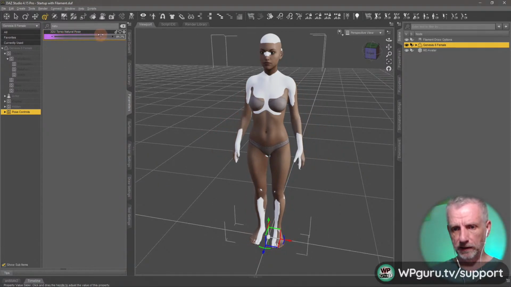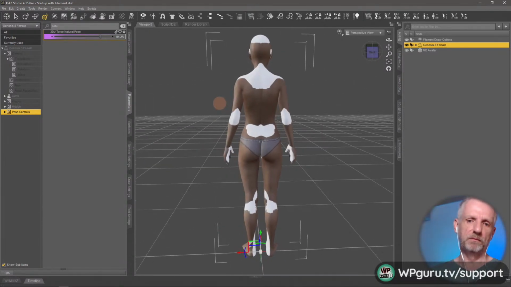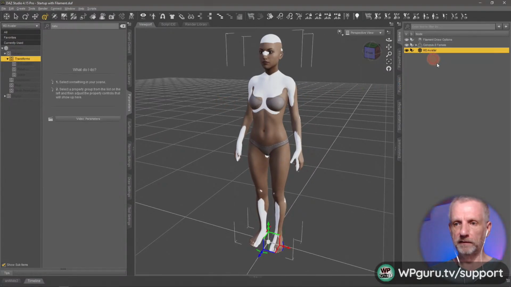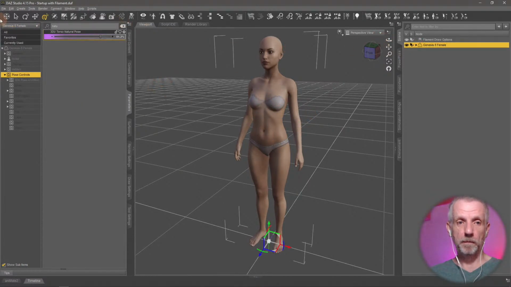So I'm going to go and dial her to about here. So just so that the shoulders and the hips and all that are fairly aligned. Doesn't have to be absolutely accurate. And then I don't need the Marvelous Designer avatar anymore. But this is now my Genesis avatar, and I can go and export her